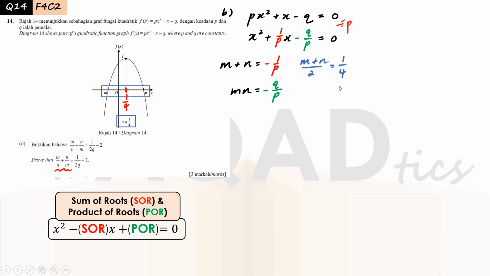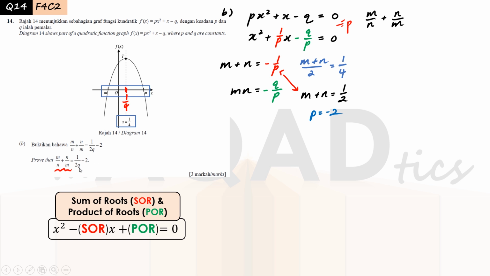Alright, and then we simplify. You will notice that this one and this one actually are both m plus n. So here, if we compare the values, we have already found the value of p. Okay, so the value of p here would be -2. Now that we have all our information ready, we can start to prove the left side to